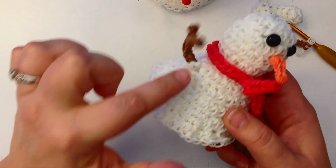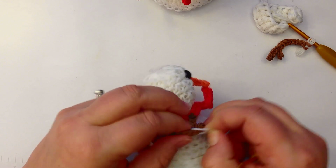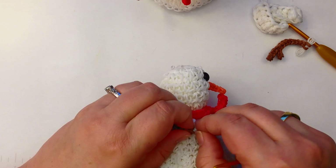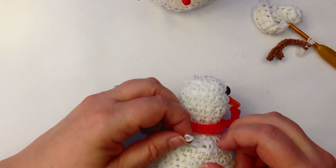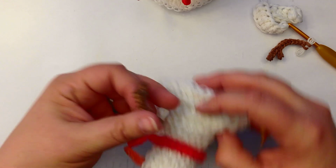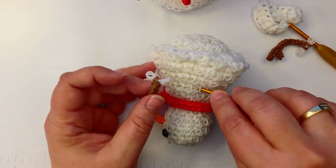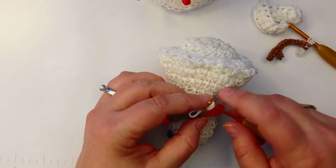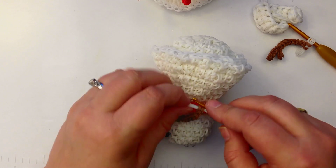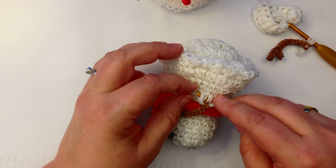Now if you don't want to see this bit at the front, if you want it to be tidier, you would do it the other way, which probably would look better. So you have the looping happening at the back side instead of the front side. So we would position it head first this way and go through the 2 loops first, then the body, then the 2 loops,